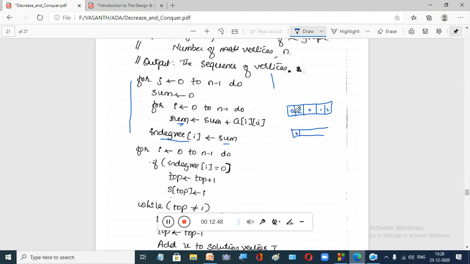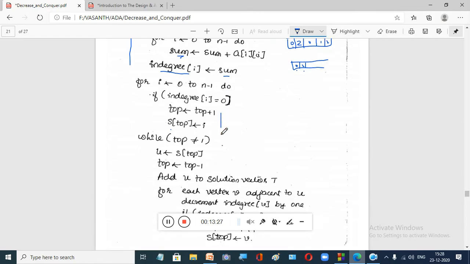Next i is incremented. For loop is there. You check here. Is this 0? No. You go here. Is it 0? Yes. Then you push i into the stack. What is the value of i? 0, 1, 2. So 2 comes in this stack. 2 means what? This index 2 indicates which vertex? We are talking of A, B and C. So this 0 is for vertex A, then vertex B and C, right? So that means we now got 2 vertices. One is vertex A whose in degree is 0, and vertex C whose in degree is 0. That's what we are doing here.